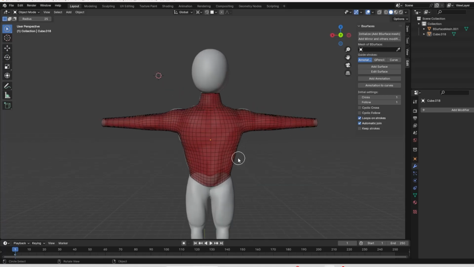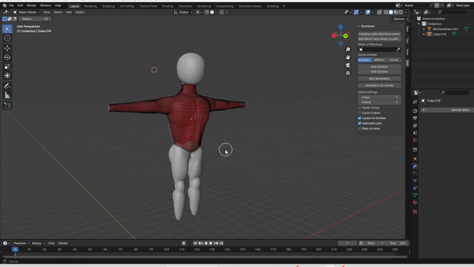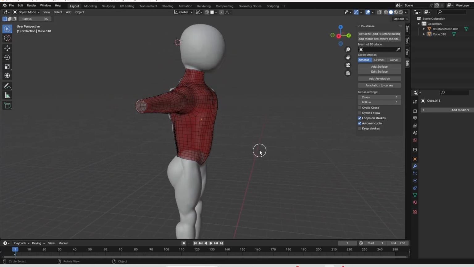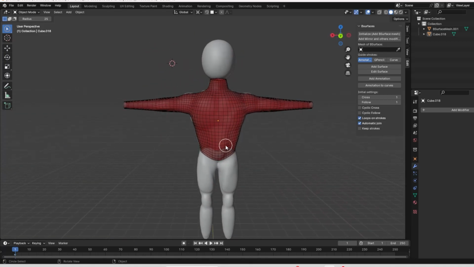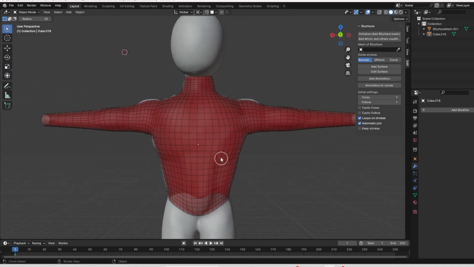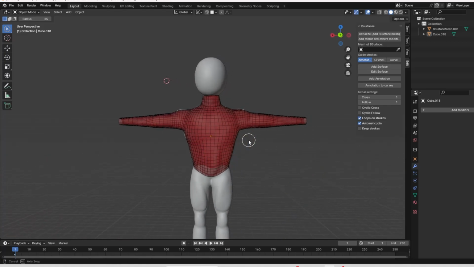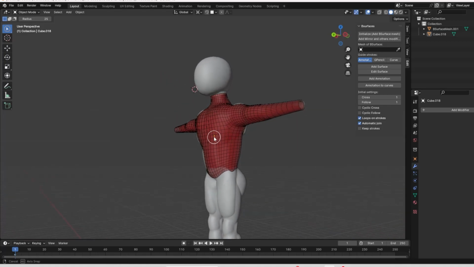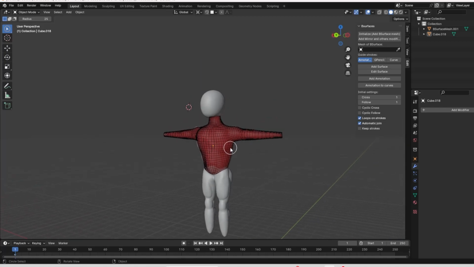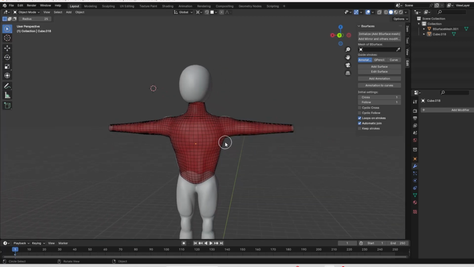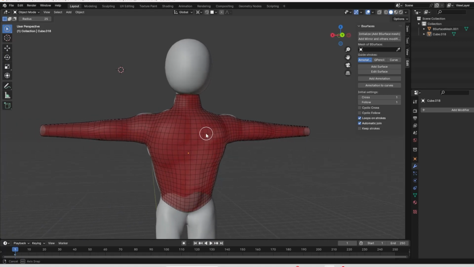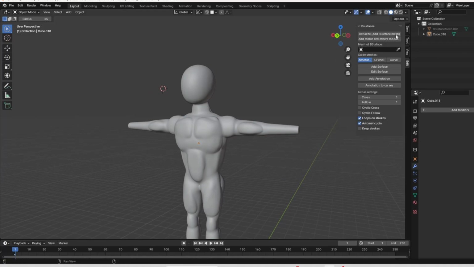Alright, so this video is going to be a follow-up video on the Retopology video I made the other day. I think I said in that last video that I was going to make a video showing you guys how I go about retopologizing my base mesh. So this is something that I did like half an hour ago, something that I just did kind of quick. So I'm basically just gonna show you guys how I did this. We're going to be using the Bsurface add-on, so if you didn't watch that last video,